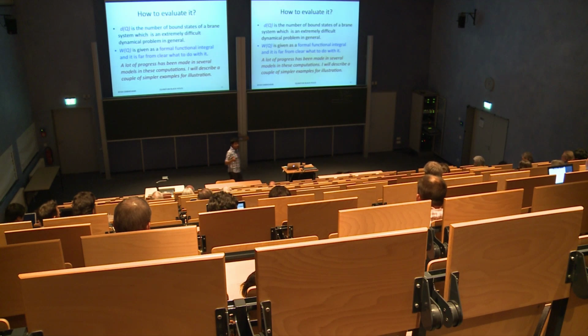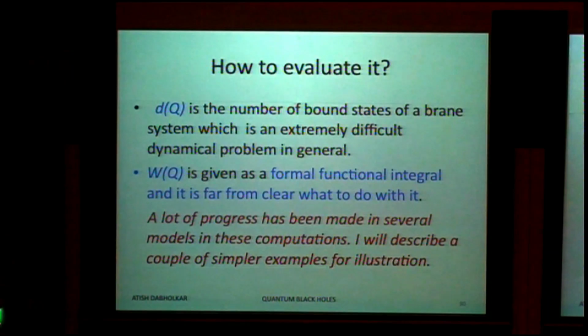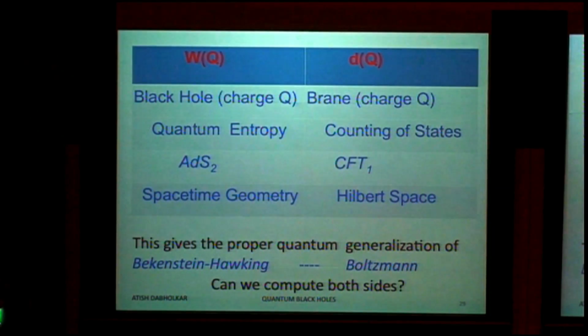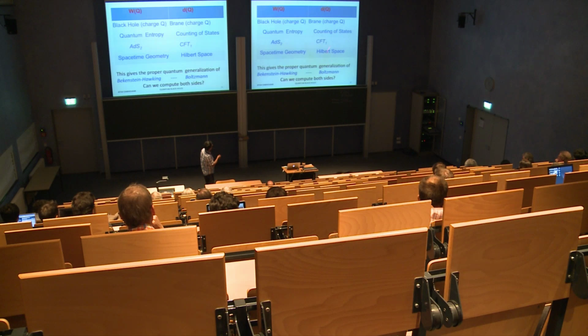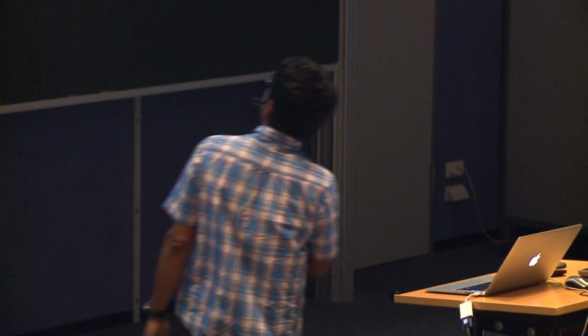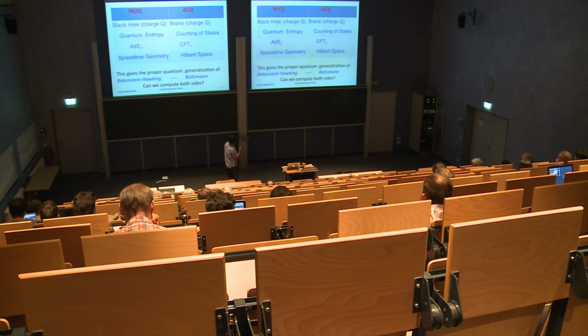So now the question that I want to just very quickly go through is, how do you evaluate it? And for this audience, I don't want to give you too many details, but at least I wanted to give you a flavor that these are quite serious and non-trivial calculations. And if the answers come out to agree at the end of it, there are reasons to take it seriously. So d of q, as I said, on the left hand side is W of q, the right hand side is d of q, which is the number of states in this quantum Hilbert space with some fixed charge q. So you just have to evaluate the dimension of some subspace in this Hilbert space, and W of q is some functional integral whose logarithm is to be interpreted as the entropy.